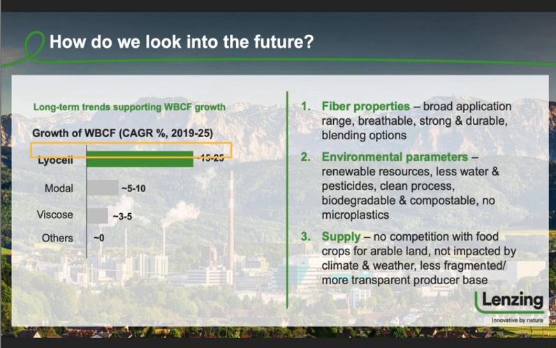And then, last but not least, supply. Of course, if it's a manufactured product, there is no relation to the climate or to weather conditions. Usually, there is also no competition for arable land with other food crops. So it's a product where supply is usually more stable. It's also a smaller and more transparent producer base, so it's easier to really get in touch with the producer